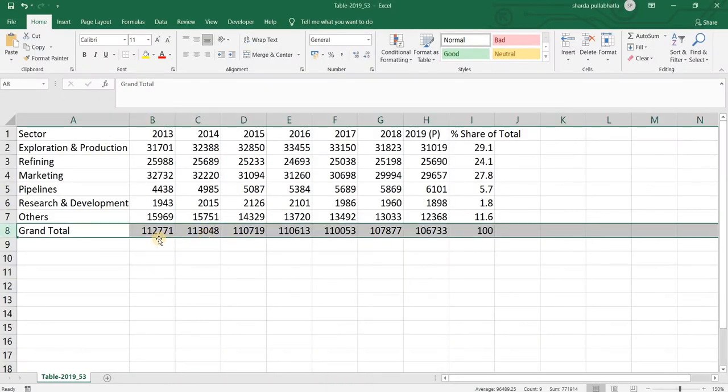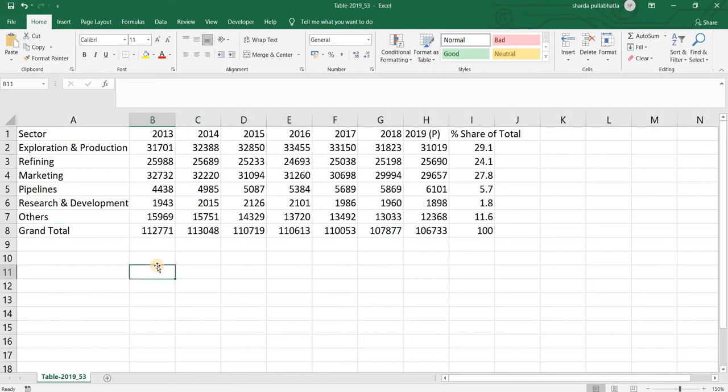Further, now just see, if I wish to make a stacked bar chart using the same data, the biggest challenge that arises is that this data is presented in a wide format, and I would require the data to be in a long format. When I say the data is in a wide format and I have to convert it into a long format, what I mean is, just see, the data should have been provided in this manner.